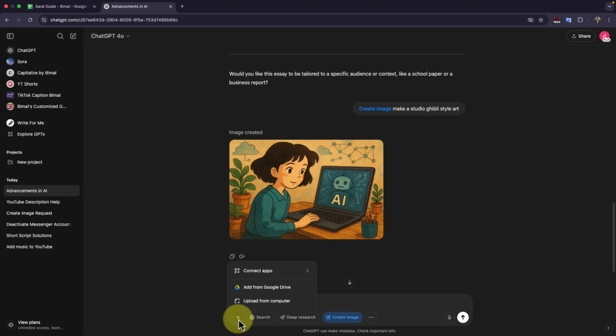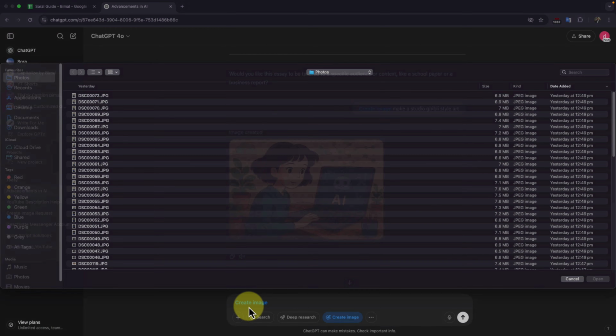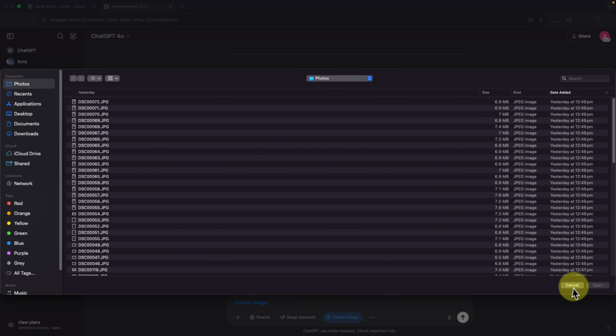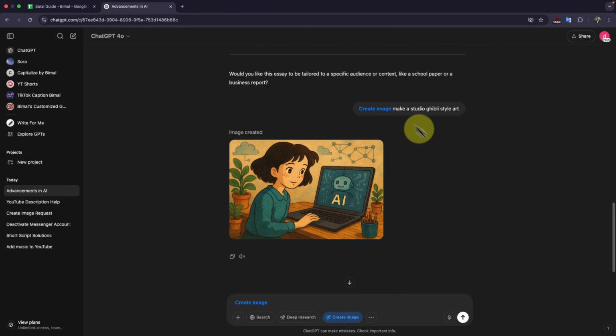So you can click the plus icon here, select the upload button right there, and you can simply choose the image that you want to upload, and it will convert it into a Ghibli style art based on how you would